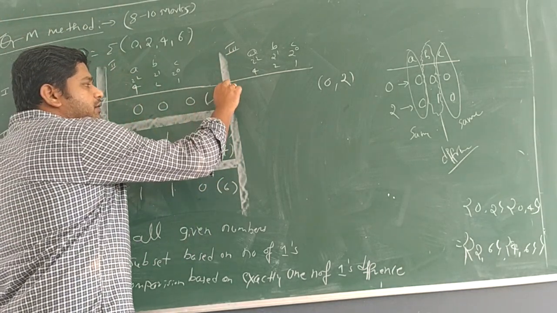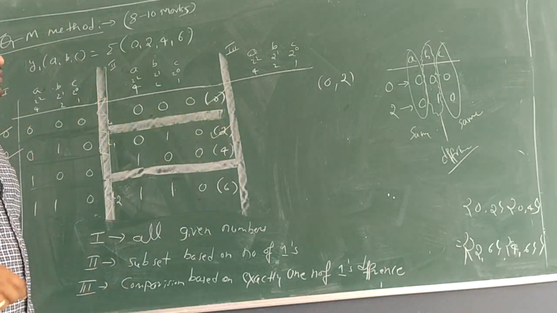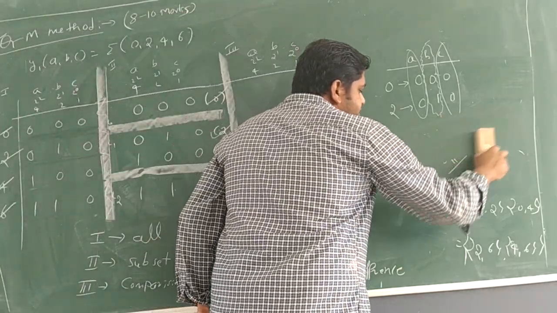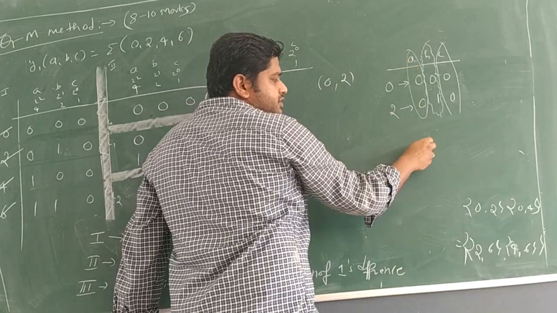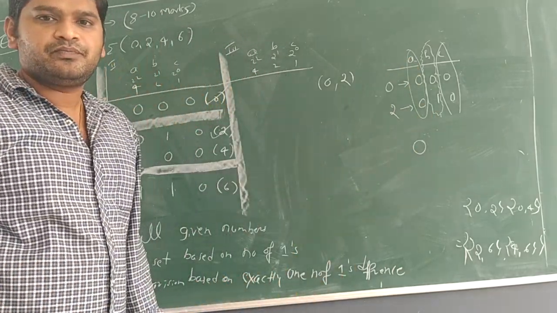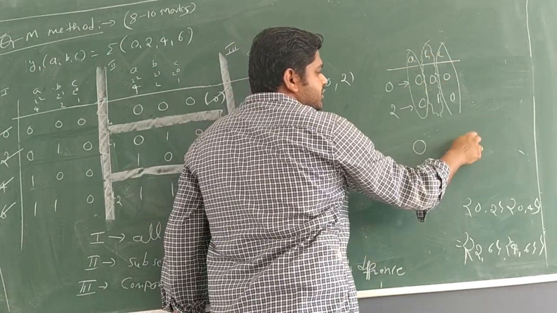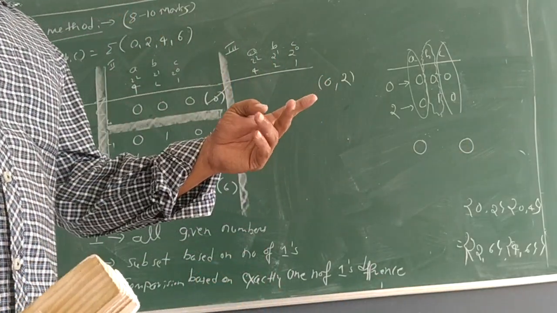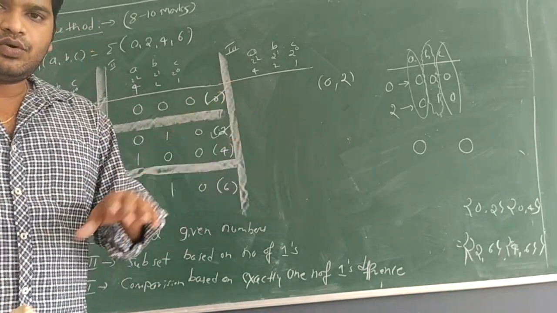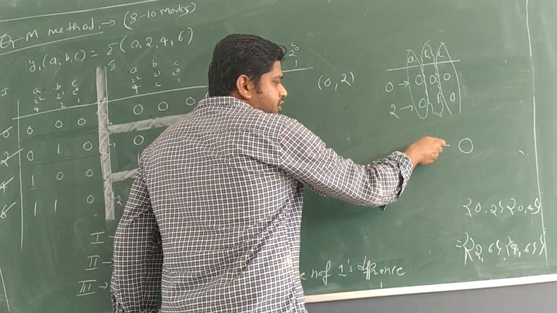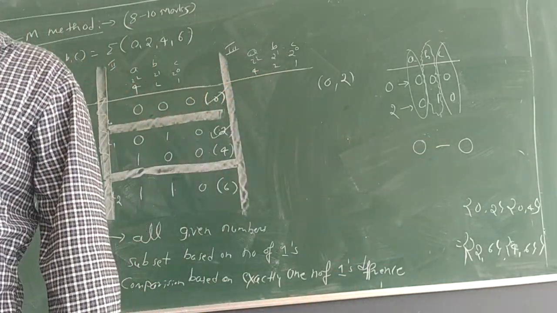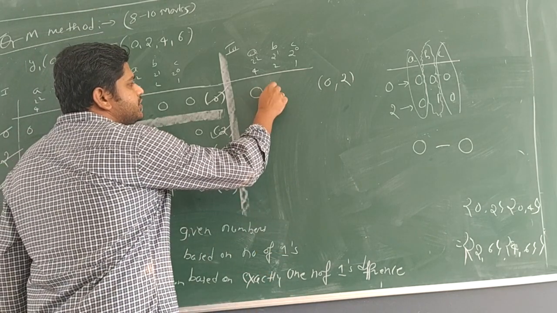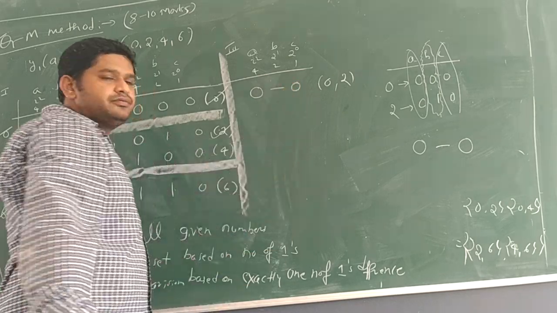And put a pass mark here in the previous step and write now the simplified format. See, concentrate. So what is the definite result of A? 0. What is the definite result of C? That is also 0. So what happened for B? B changed, one time 0, one time 1. So for that reason, we will write it as hyphen. So what is the combination of 0, hyphen, 0?